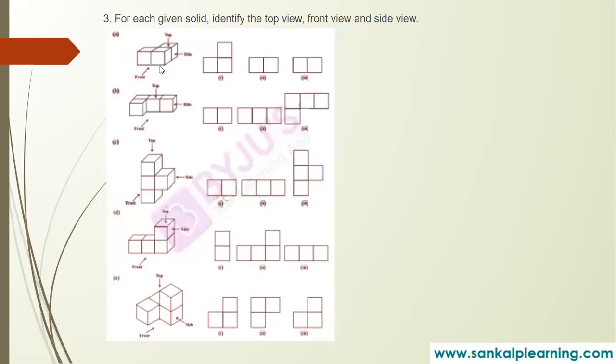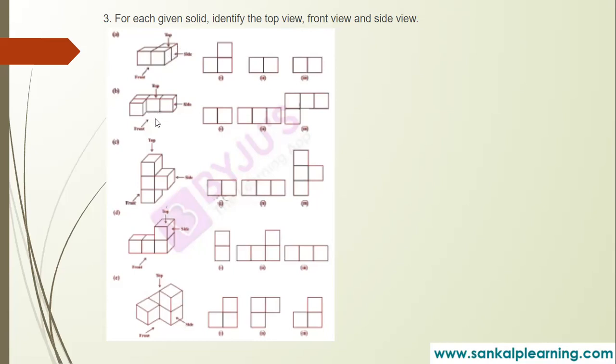See, if you see from the top, you can see all the three squares, right? 1, 2, 3. If you look from above, you see 3 squares like this, right, children? And the second one, if you see from the front, you can see only these two, right? See, this is the front view and this is the side view. If we look from the side, we see only 2 squares.